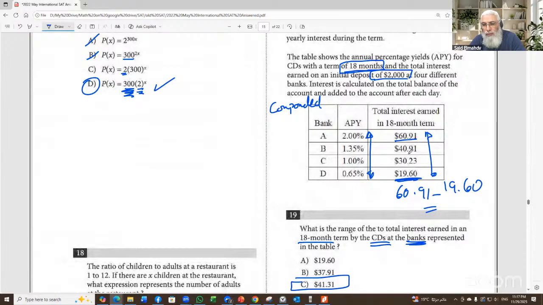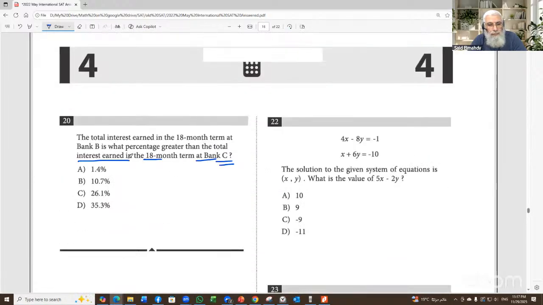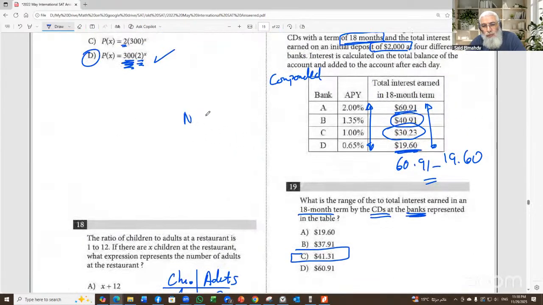So total interest earned. So this is total interest, and it is said here, what percentage greater than? So change in percentage of change. Percent of change is new minus old divided by old multiplied by 100. New is new minus old divided by old multiplied by 100. So new is